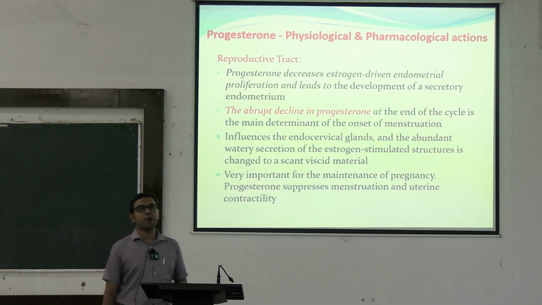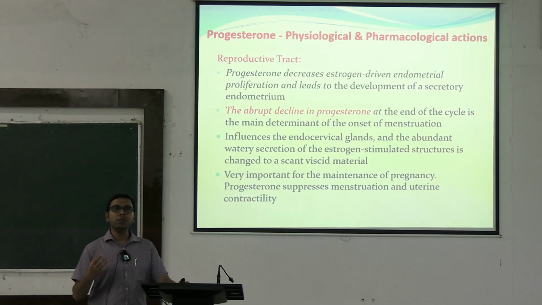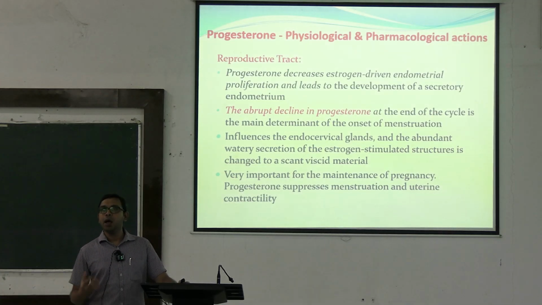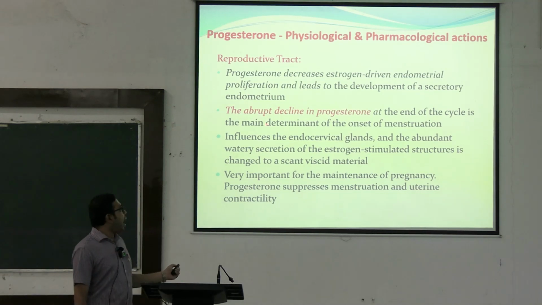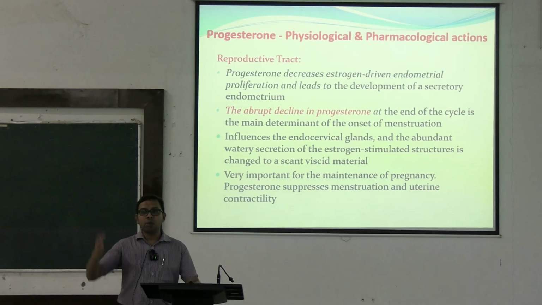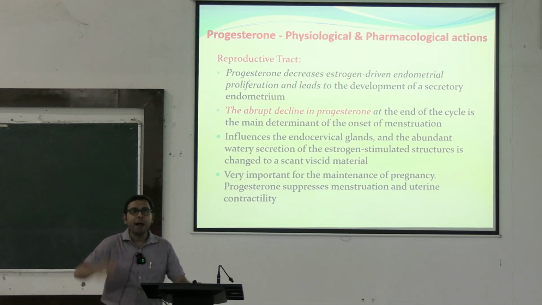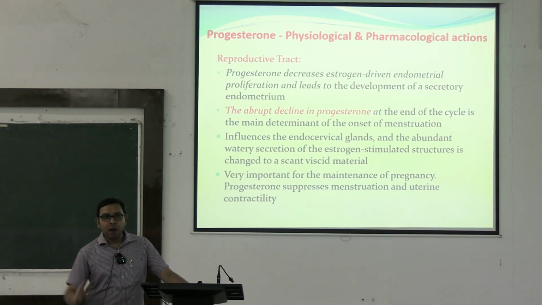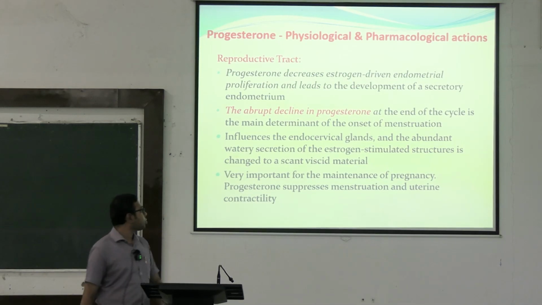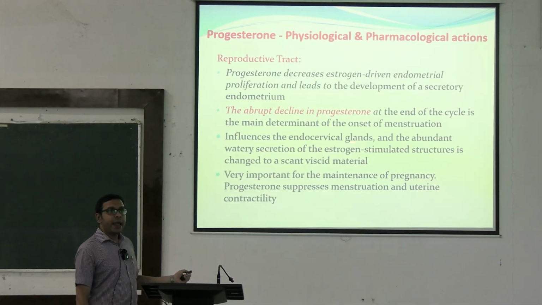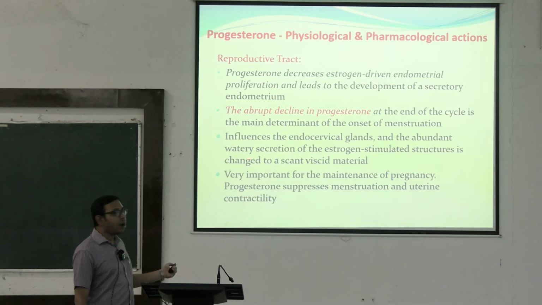development of a secretory endometrium, because this is mainly instrumental in the secretory phase of the menstrual cycle. The abrupt decline in progesterone, what I am telling: at the end of the menstrual cycle, after around day 20, 25, 26, there will be an abrupt decrease of the progesterone level. So ultimately menstruation starts. It also influences the endocervical glands, the glands present within the cervix, and the abundant watery secretion of the estrogen stimulated structure